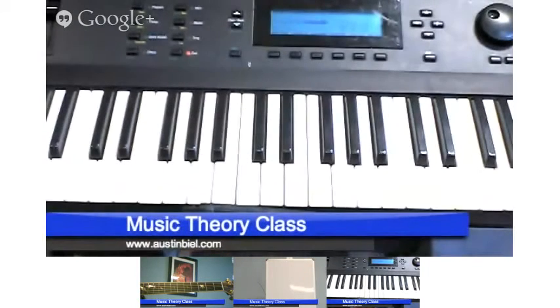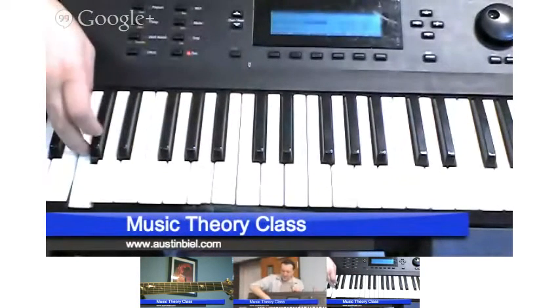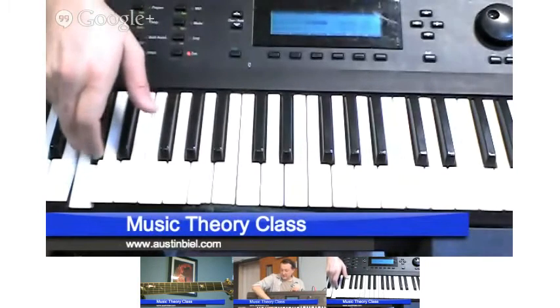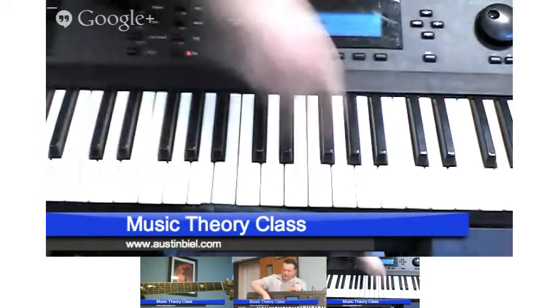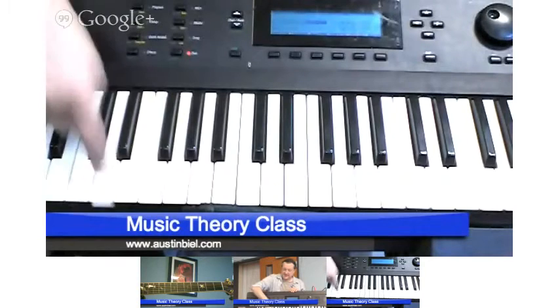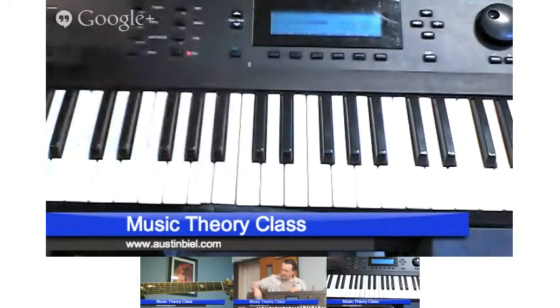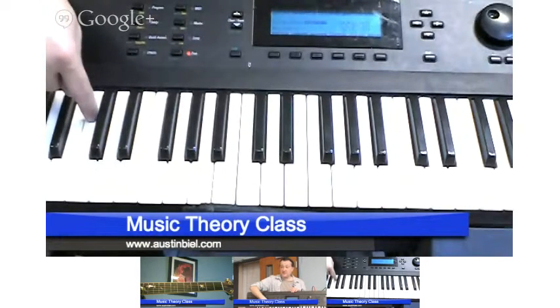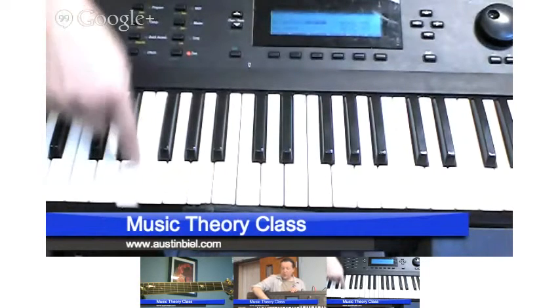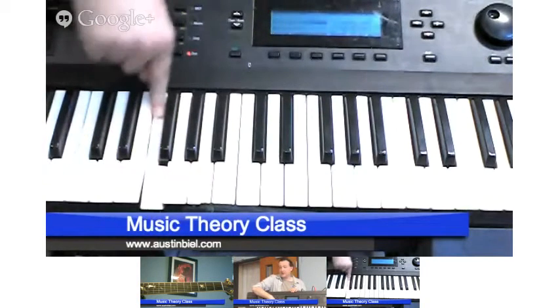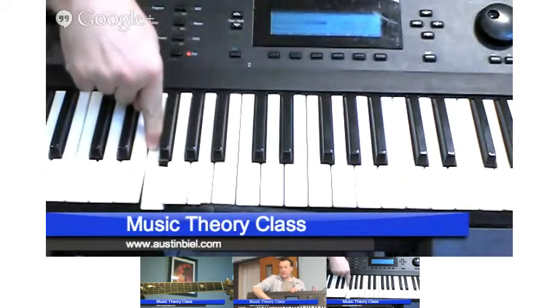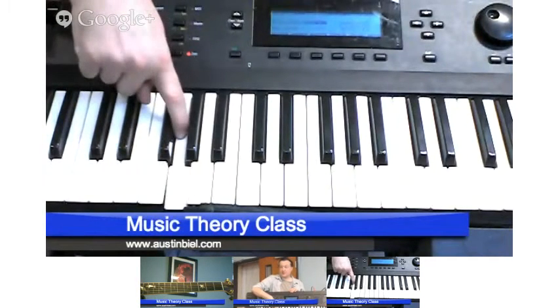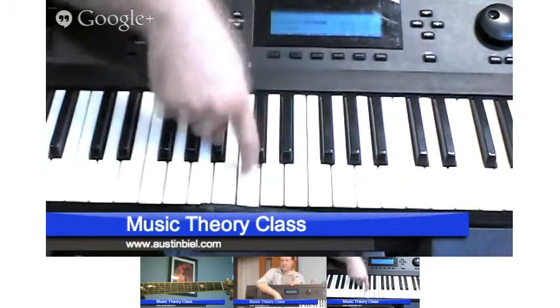Okay, so if we've got our C major scale that we know and love, here's C. So the scale degrees on the C major scale are all the white keys, right? No sharps or flats. C, D, E, F, G, A, B, C. I'm going to make the keyboard just a little louder for my mic. So the first scale degree is going to be C, and that's called the root of the scale, right? 2, 3, 4. The F on a C major scale is called the perfect fourth. The G of a C major scale is called a perfect fifth, and the next C up is called the